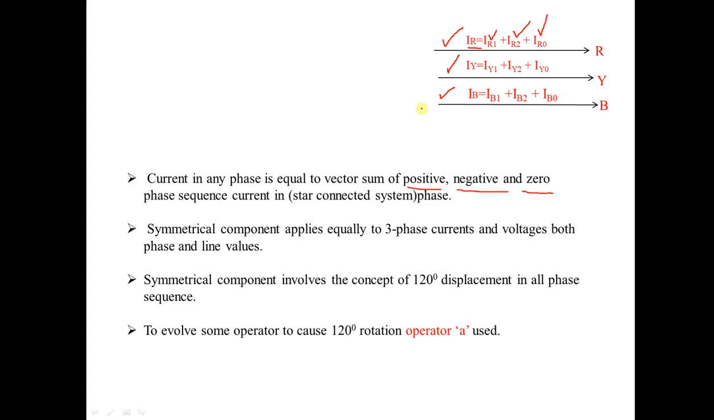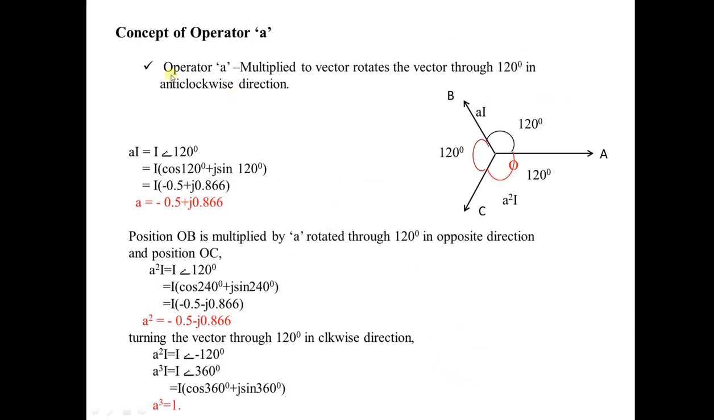Here, to involve some of the operators for the 120 degree rotation, the concept of operator A is used. Here the positive set and negative set are used for the concept of 120 degree displacement, and we are using the operator A. We can use the operator as H or lambda instead of A. So here the concept of operator A is defined by